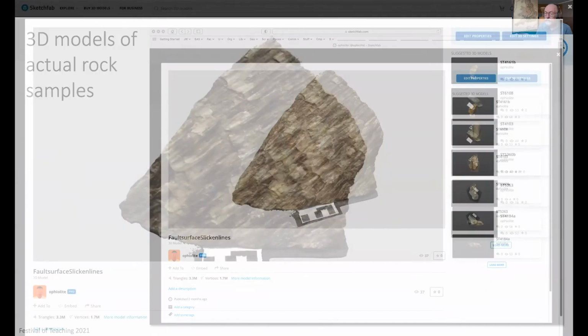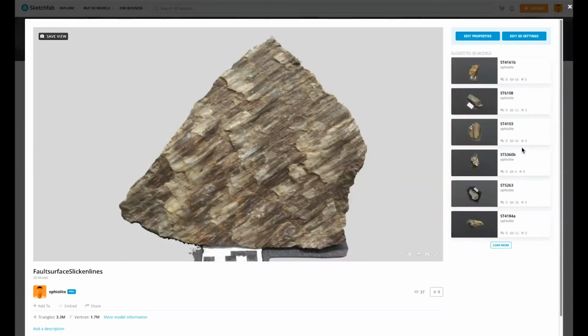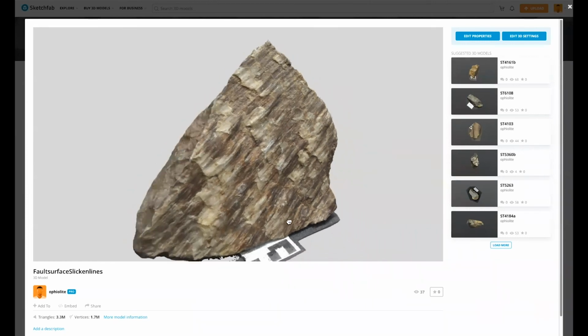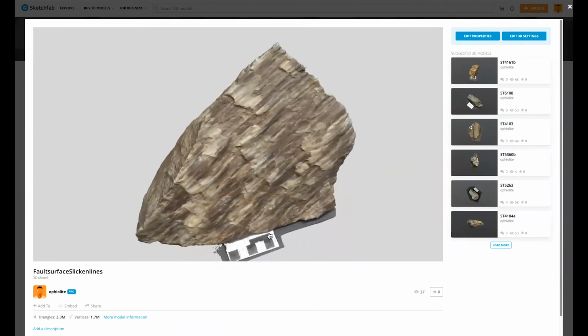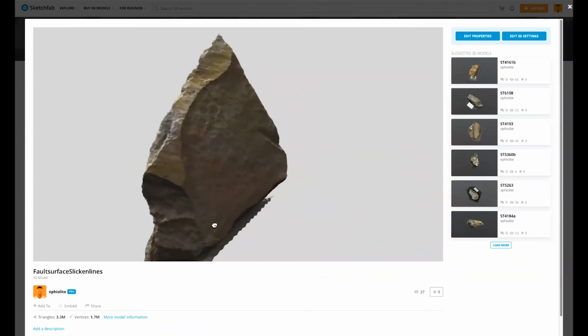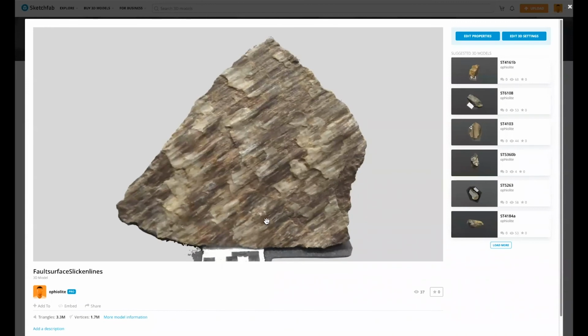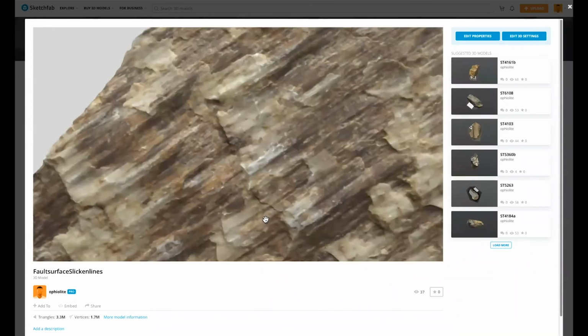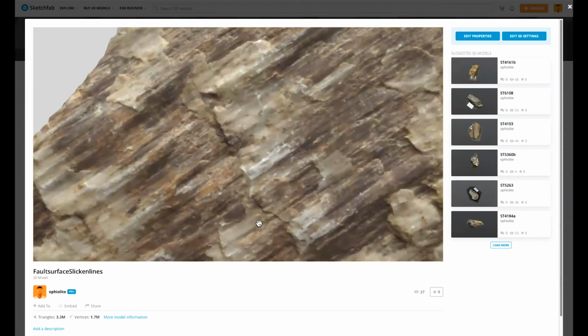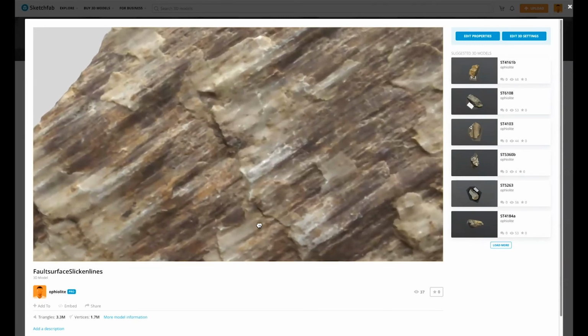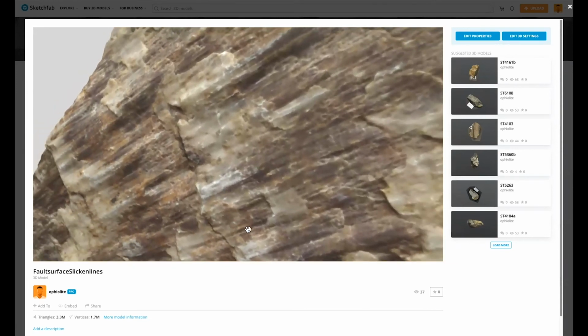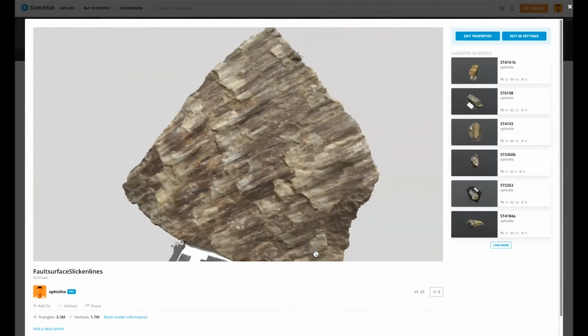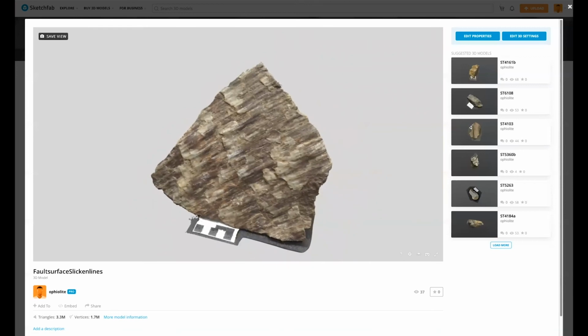Another thing we did, I haven't mentioned real rocks in these labs, but we do have quite a lot of rock samples that we show the students. And we have made 3D models of those too. You have to take about 100 photographs from all different directions with a good camera. And then we use a program called Agisoft Metashape to build a 3-dimensional model. And then for distributing this to the students, we can use the platform Sketchfab, which allows you to upload your own models and deliver them to the students. And quite a lot of our hand samples that we have used in this class, we've distributed in this way.